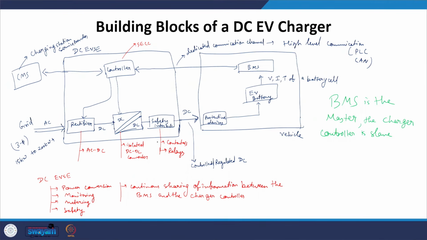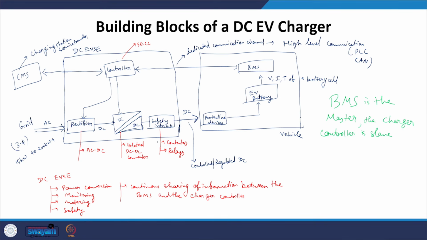So, if you look very carefully, the basic difference between the AC charger and the DC charger is, in the AC charger the power conversion is taking place onto the vehicle, and that is why you have an onboard charger, while in case of a DC charger the power converter units are kept outside the vehicle. It's primarily because you have very high power converters whose size is enormous, which cannot be put onto the vehicle because it will unnecessarily increase the unladen weight of the vehicle. Unladen weight means the weight of the vehicle when there is no one onto it.